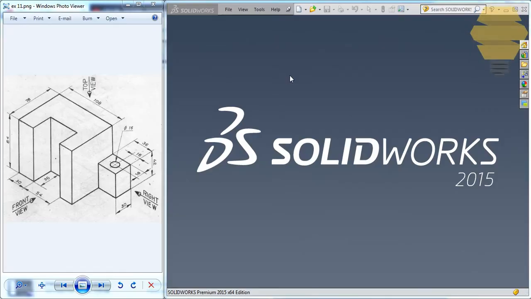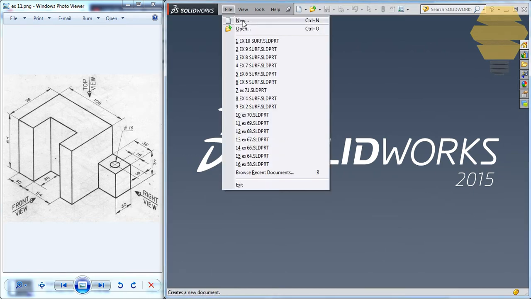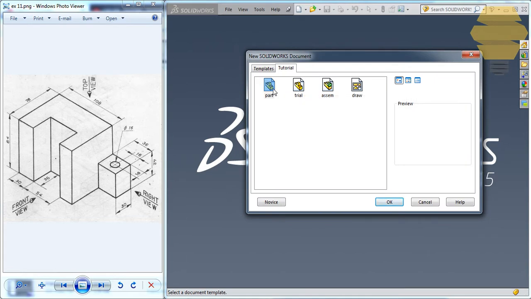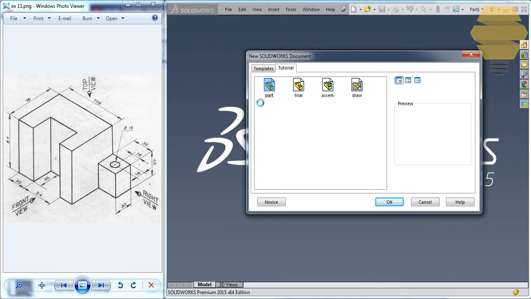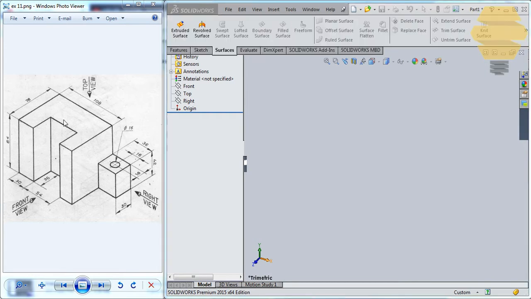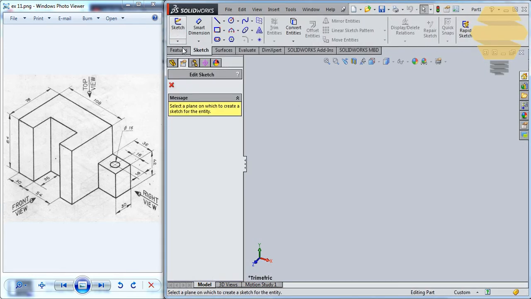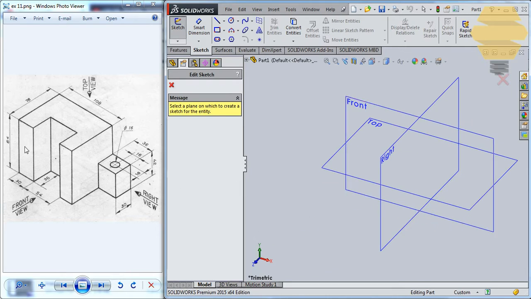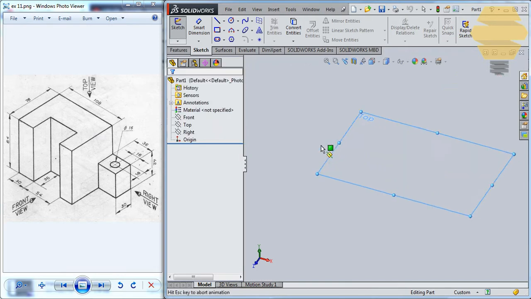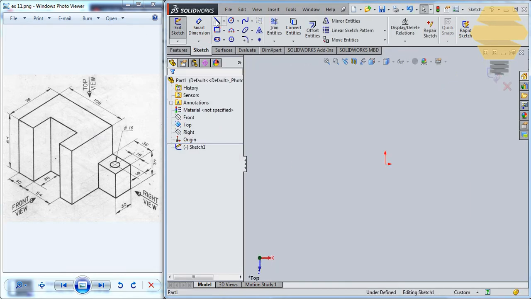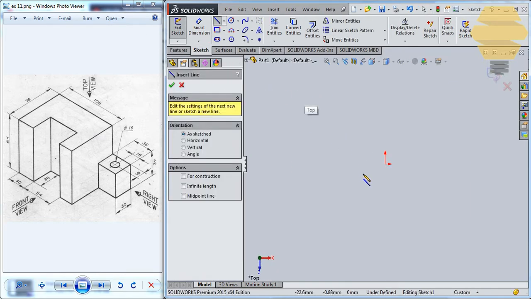In this video, we'll work on exercise number 11. To start off, we'll go to File, New, and double click on the part template. We're going to use surface design in order to design this, and let's go to the sketch. We need to first decide which plane we need to select in order to start the sketch. In this case, we'll do this sketch here. So we'll select the top plane and go to the line tool and simply draw